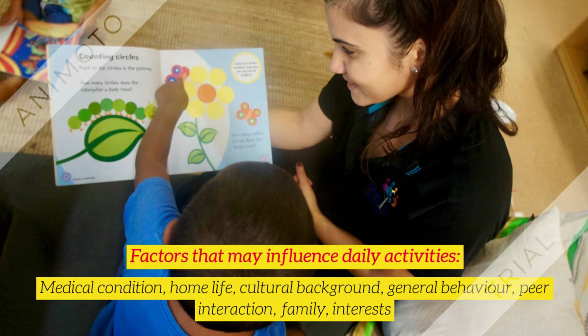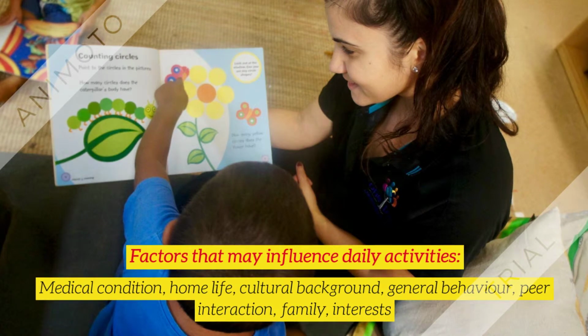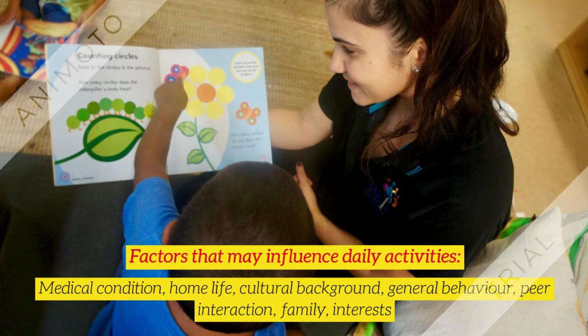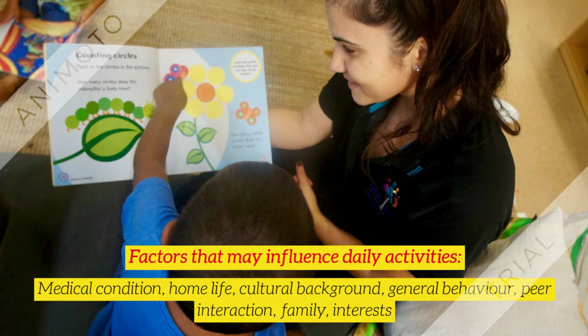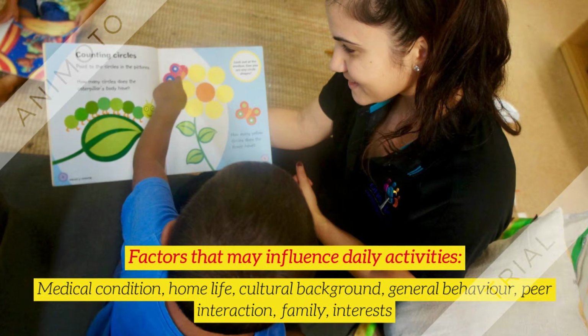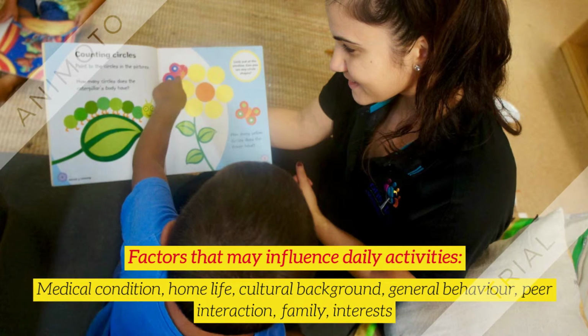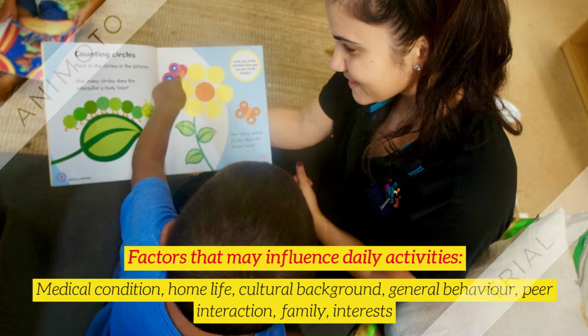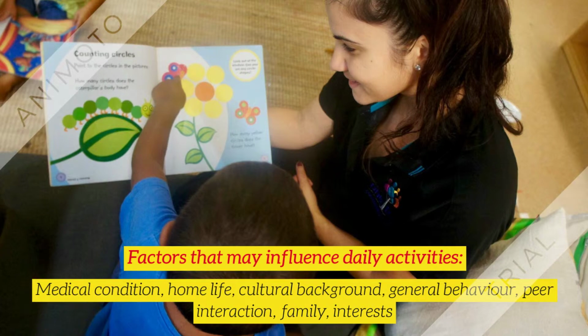A speech pathologist will first consider his past medical history, then look at factors such as his general behaviour, peer interaction and his interests. Sam's family are refugees from Iran, so cultural factors and home life are also considered. So they take into consideration not just the language delay, but all these different factors and how it affects his